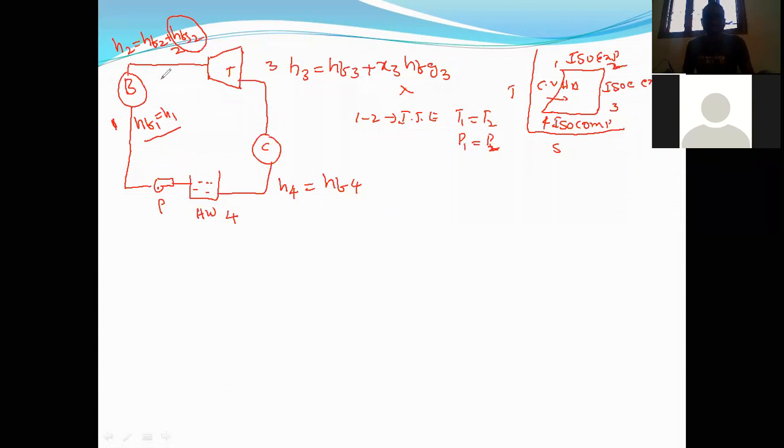So there is no change in HF1 and HF2. We are not at all touching the sensible heat. We are not removing the sensible heat and we are not adding sensible heat. Simply, for the existing sensible heat, we are adding the latent heat. So definitely HF1 is equal to HF2. Are you convinced?